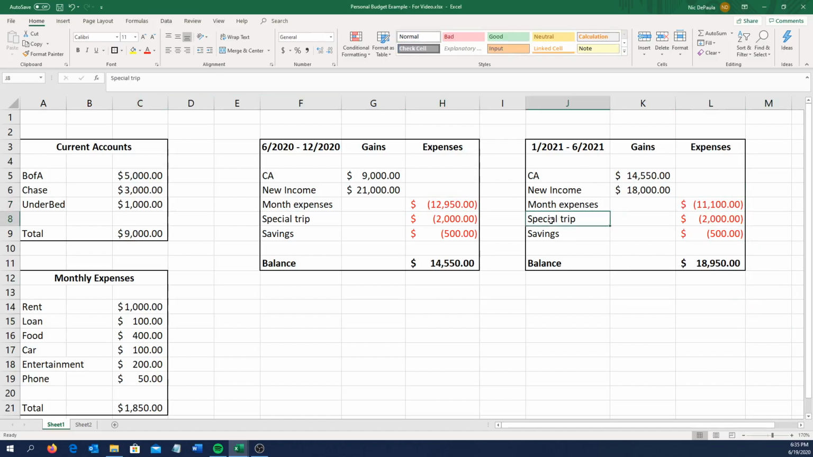Special trip, so maybe you have some special trip and it's going to cost you, maybe this time it's going to be 3,000, and you're going to put some money into savings. Notice that you can do different things here,